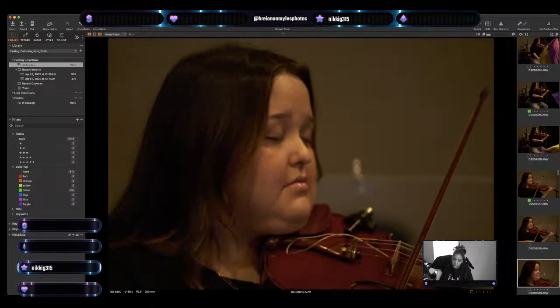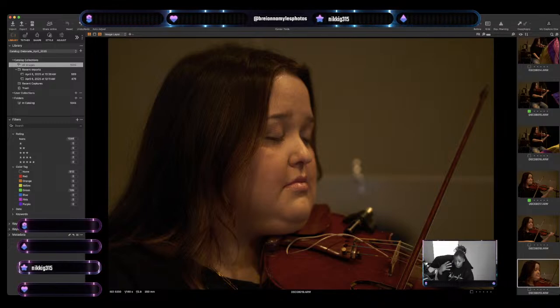So that's a violinist. At this point of the service that night, everyone was worshiping, everyone was crying, and she was just playing a violin. And with the strings,